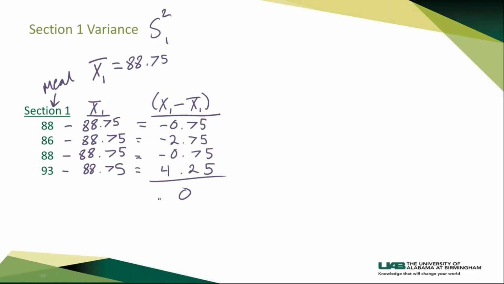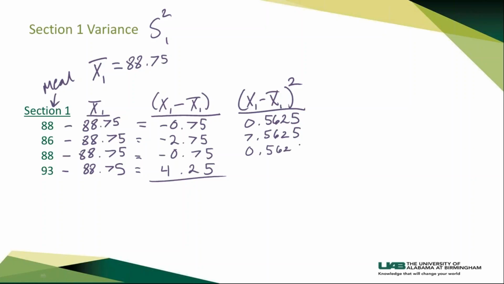If I added those up, I get 0, so that's useless to me. So again, I want these values squared. So if we square them, and then we add them up. Again, this is all because the formula for variance